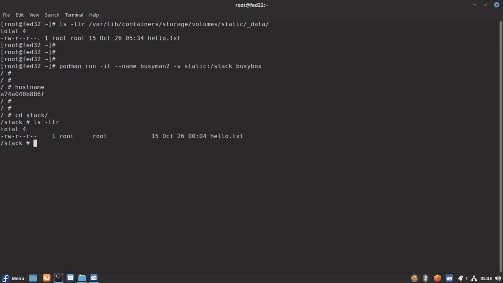So this is how we can use volumes within containers using podman. This can be used for multiple applications or use cases, as I mentioned in Jenkins, wherein we create a lot of jobs which we want to store even when the container is destroyed. In that case, it is very good to use volumes to store our jobs data. So that is how we can use volumes to persist data.